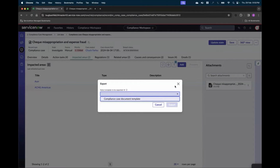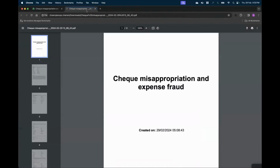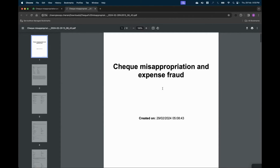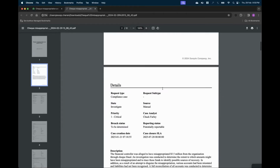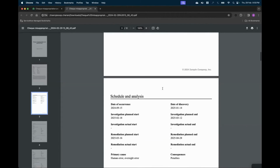As soon as you choose this template, the system is going to generate all that information and compile it into PDF format. And I have a sample record which is now being launched onto the screen. As you can notice, it captures all the essential information that you've recorded, starting from the name, the detailed description, who is the owner, the type of the case that has been reported, and all the associated action tasks,